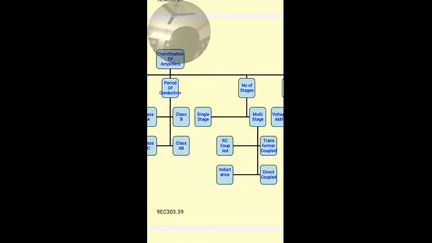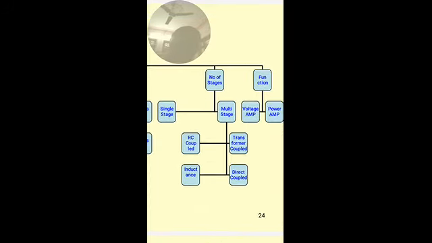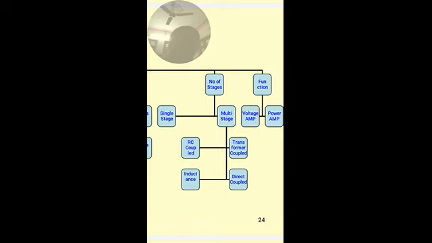Based on the number of stages, amplifiers are classified into single stage amplifier and multi-stage amplifier. The multi-stage amplifiers are classified by the type of coupling: RC coupled amplifier, direct coupled amplifier, transformer coupled amplifier, and impedance coupled amplifier. Again, based on the function, the amplifiers are classified into voltage amplifier and power amplifier. Based on the function means whether it is used for voltage amplification, current amplification, or power amplification.